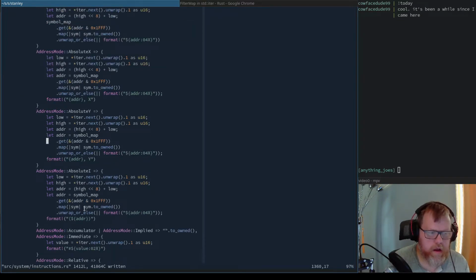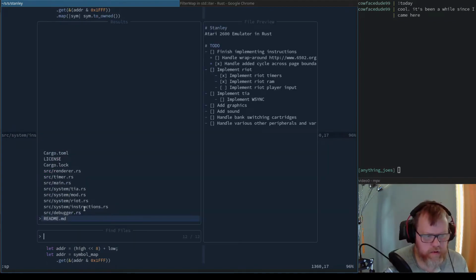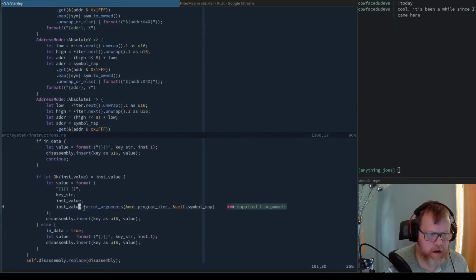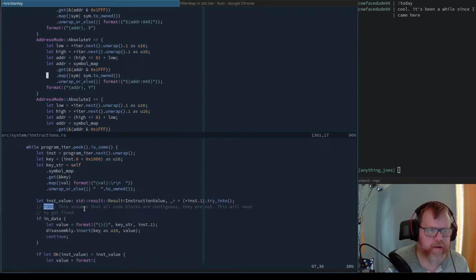That iter. So head over to where I'm calling that. That's in the debugger. This is where I'm calling program iter. Okay, so that is a bunch of bytes. Okay, so if I do